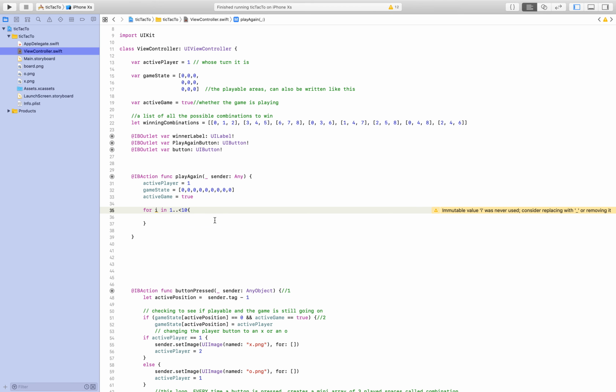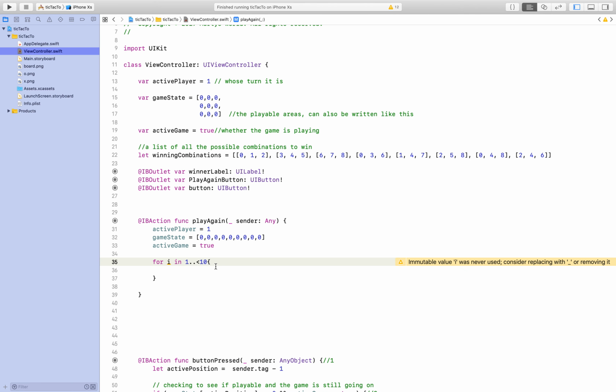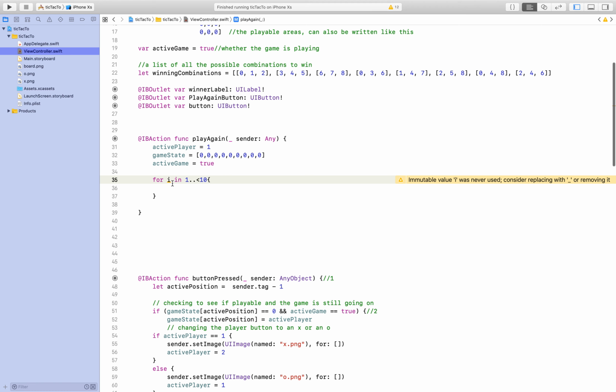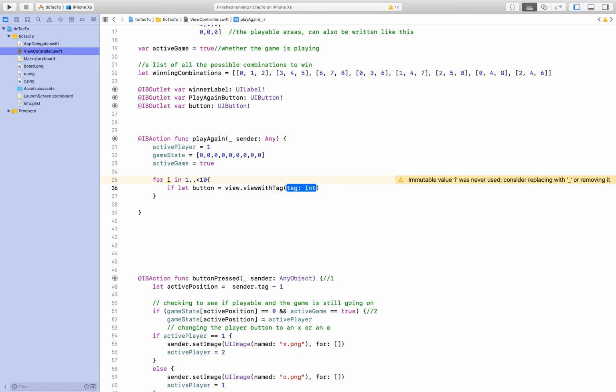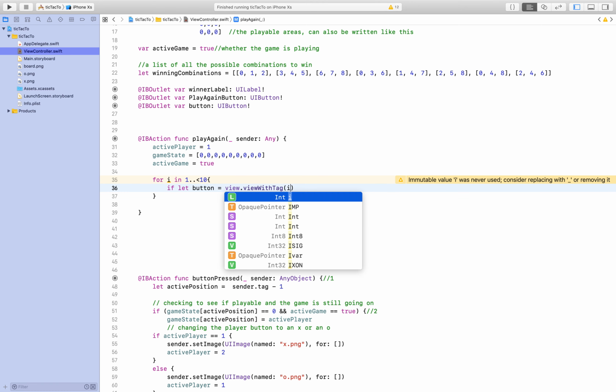Make this a little bigger for you. Okay. So what's going to happen is i in particular is going to be the tag number. We're going to say if let button, which is our button that we're pressing, equals view.view with tag. Okay. And I can say i. So what this is going to look for is, after you press this play again button, it's going to cycle through all the tags starting